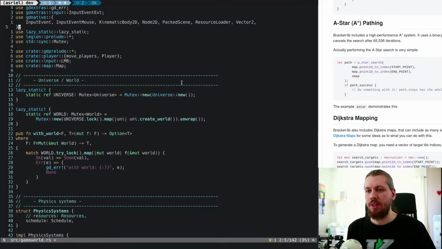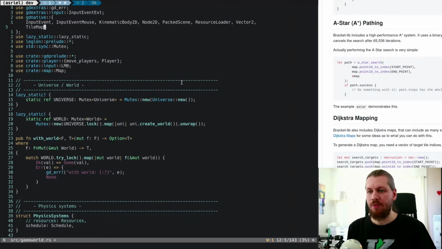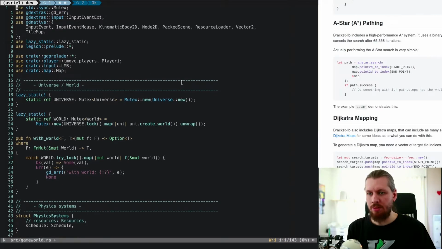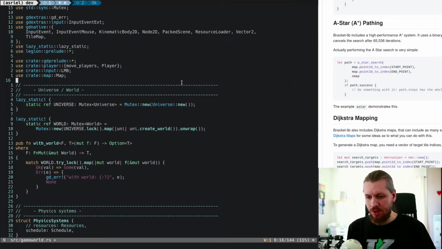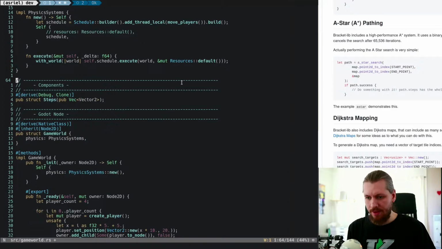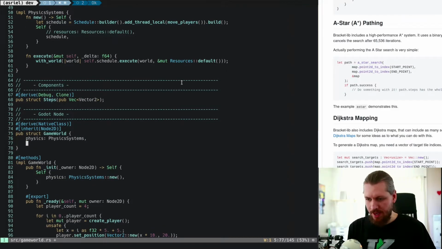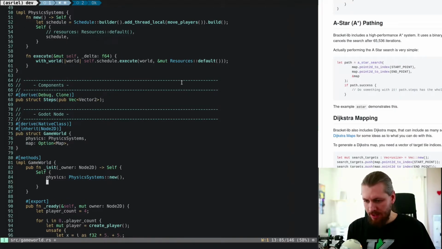And we also need to have tile map from Godot. And that should be up there. So our game world should now have a map. But we can't get the map until the node is ready. So we're going to make an option map. And let's add that here as a none, and on ready we can say first we're gonna get the tile